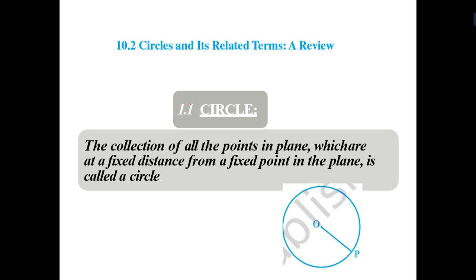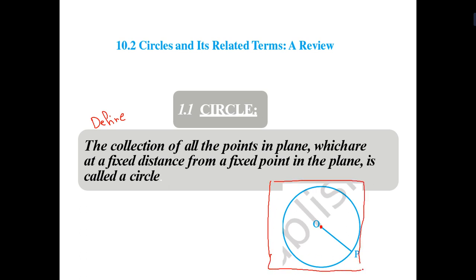A review. What is the definition of a circle? It is defined. It is possible that a question like 'define circle' may come. The collection of all the points in a plane which are at a fixed distance from a fixed point in the plane is called a circle. You will see that here O is a fixed point in a plane. So here is one plane. If we draw a figure,